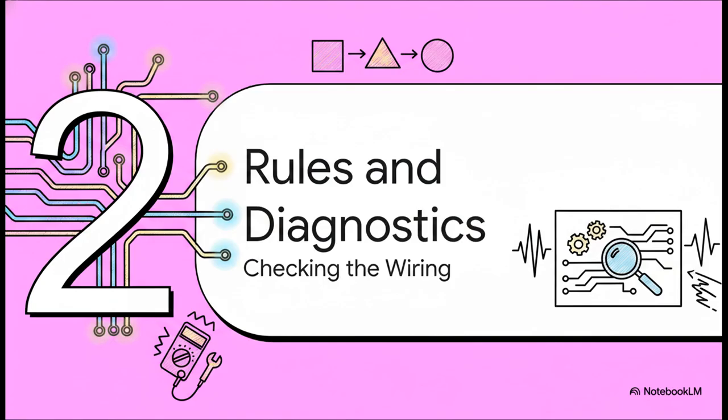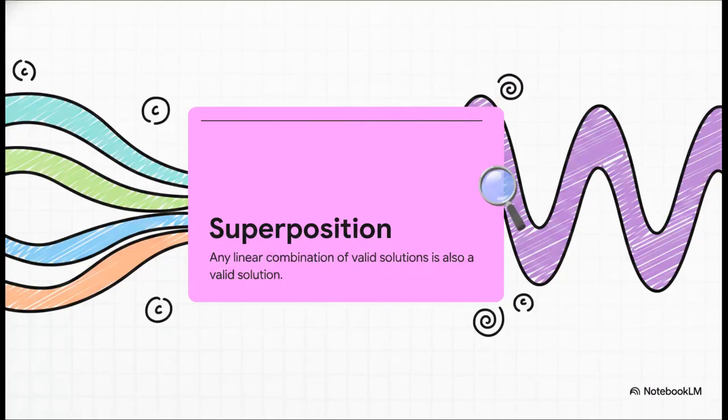Section 2. Rules and diagnostic tests. Checking the wiring. Okay, now that we know the parts, we need to understand the rules governing them. And honestly, we need a way to run some diagnostics before we put together our final solution. Now, the absolute most critical rule in linear systems is the principle of superposition. Simply put, if you have multiple valid solutions running on an interval, well, any linear combination of them is also